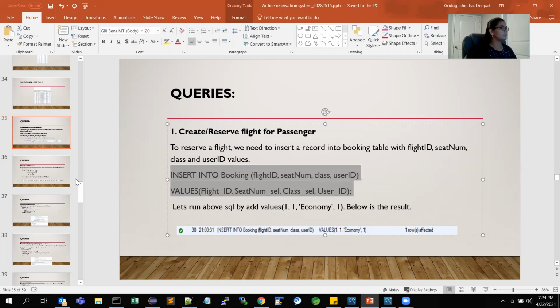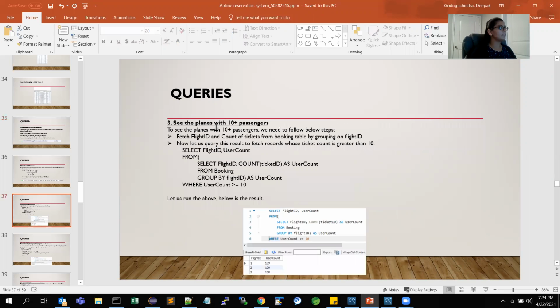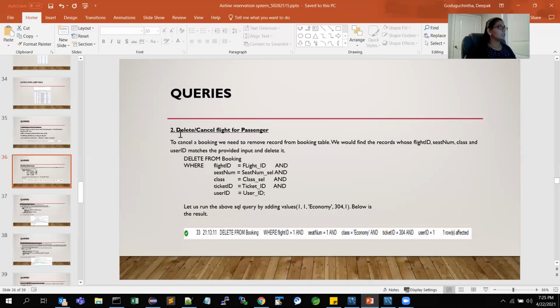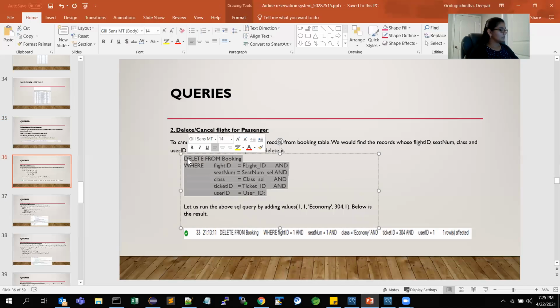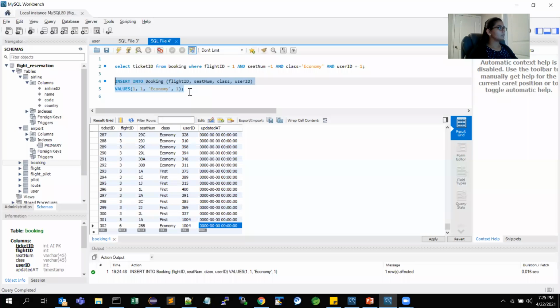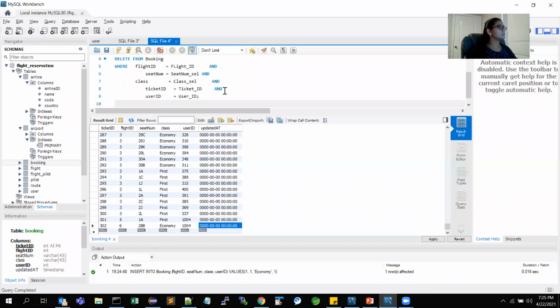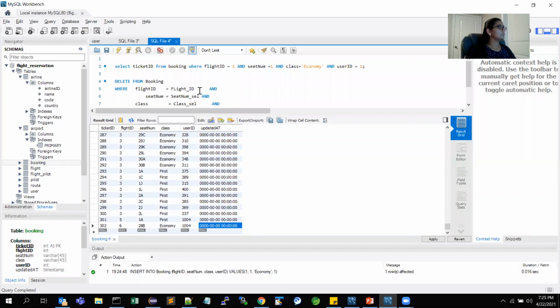Now let's go to the next query. The second query is to delete or cancel the flight for passenger. So here we have to specify the flight ID.